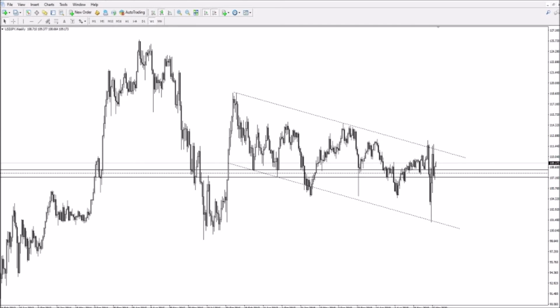Weekly levels, support, support, support, support, a little bit of support in here, support, support, and we are coming up to areas where we've sold off heavily before. So looking to sell